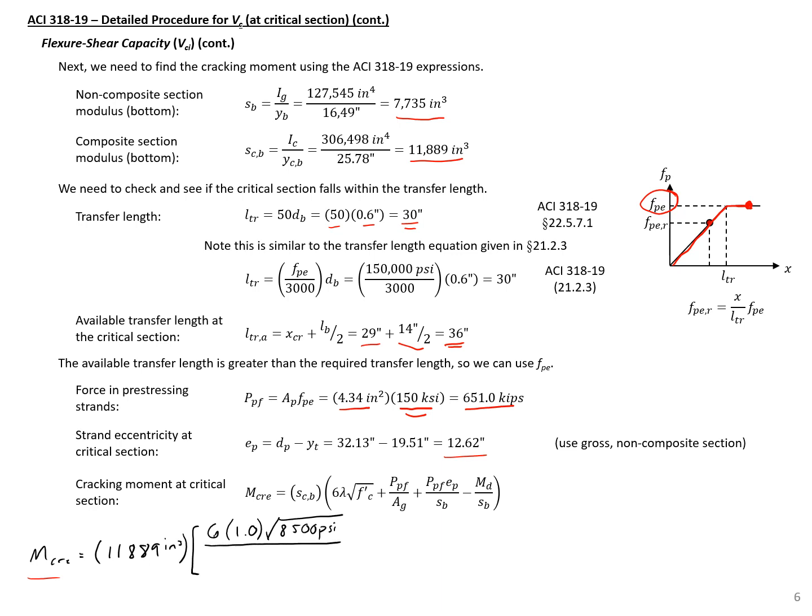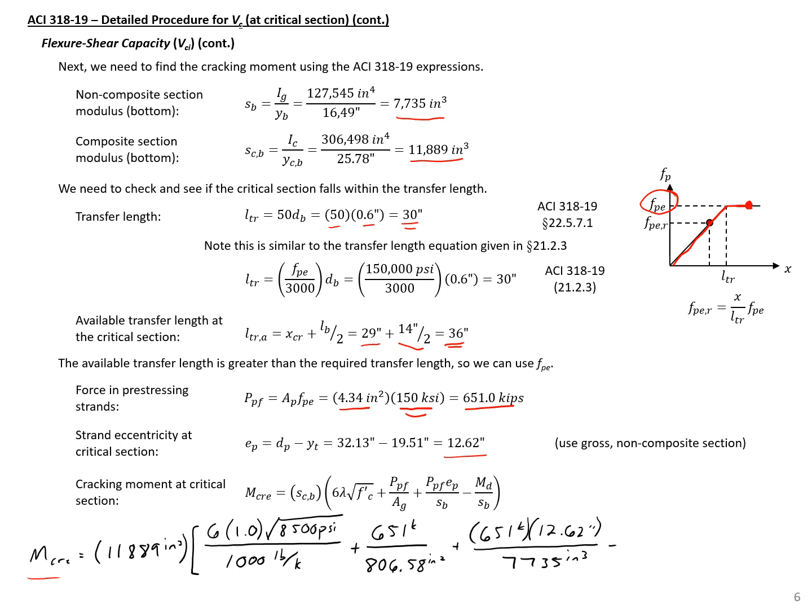I'm going to divide this by 1,000 pounds per kip to get all my units in KSI. I'm going to add in my 651 kips divided by my gross area, 806.58 square inches, plus 651 times the eccentricity, 12.62, divided by my section modulus of my gross section, 735,